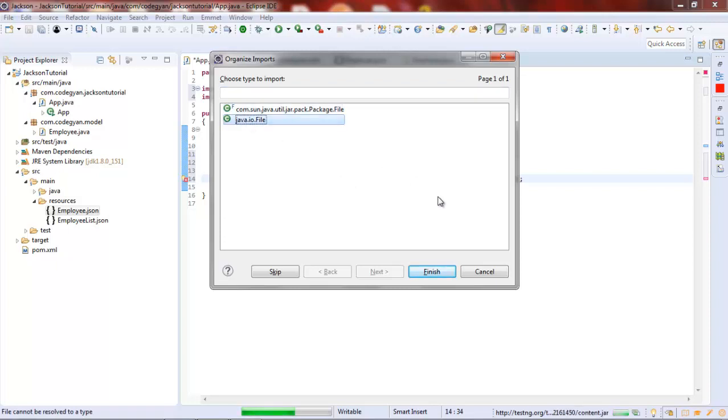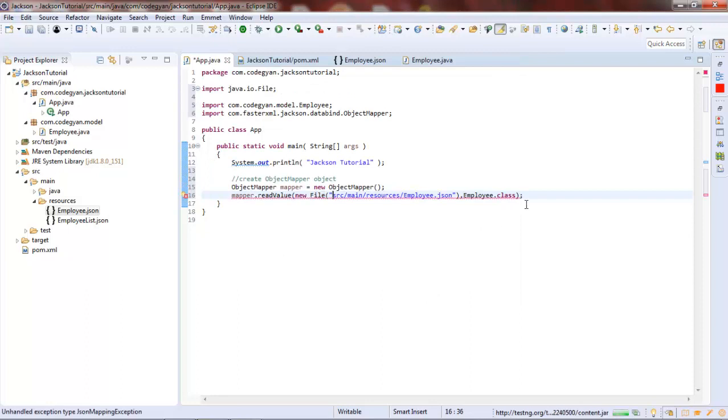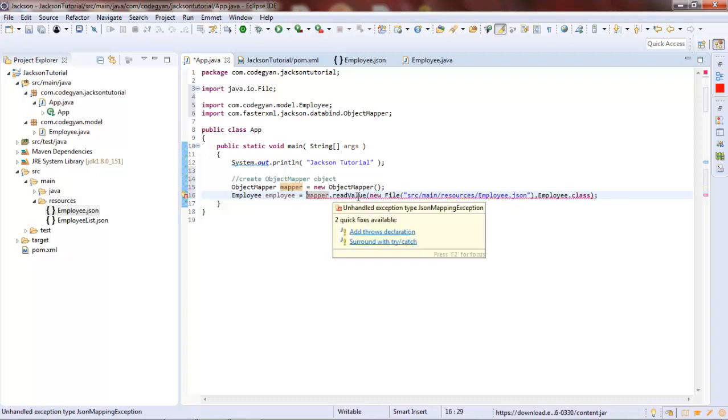Let's import the File class also. It's showing an error saying unhandled exception. This readValue method will throw some exceptions.